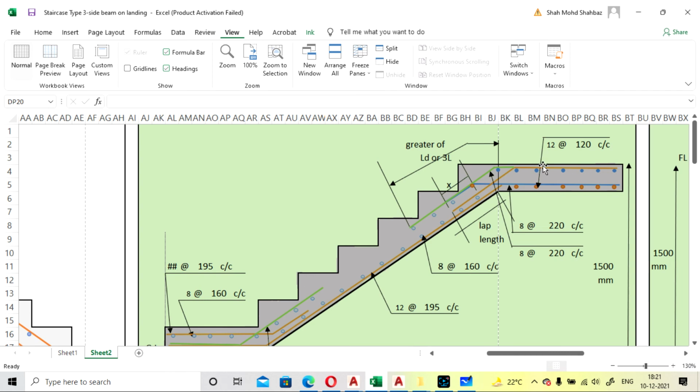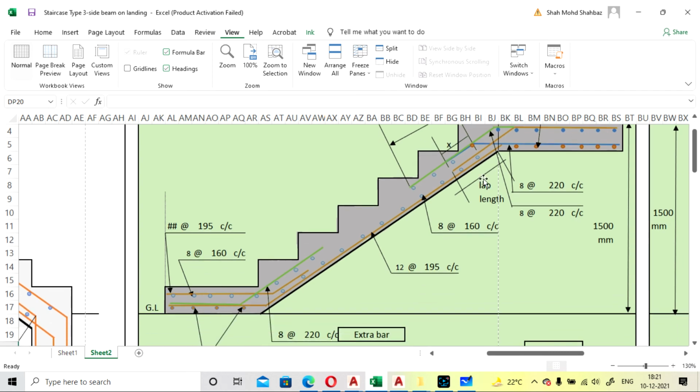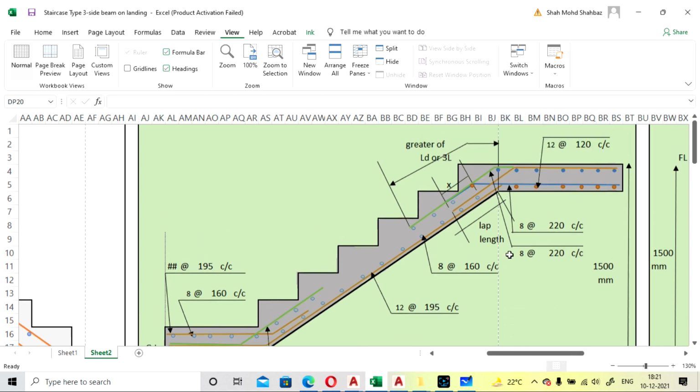Okay, these are for landing slab at the top, these are for base slab, and these orange bars are the main bars for base slab. Here also an extra that we have provided in bottom and at top.